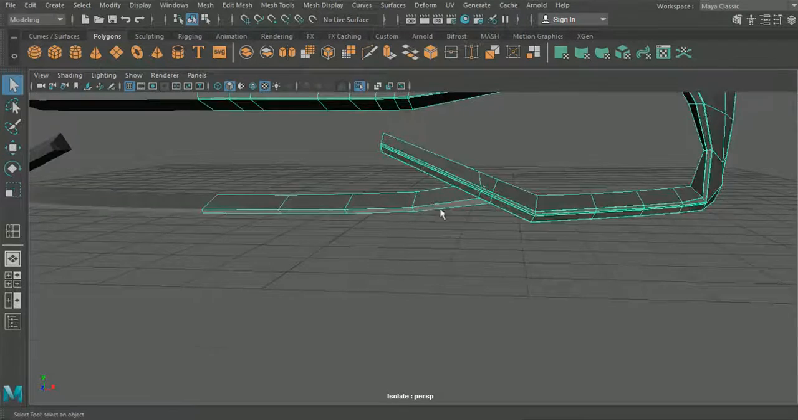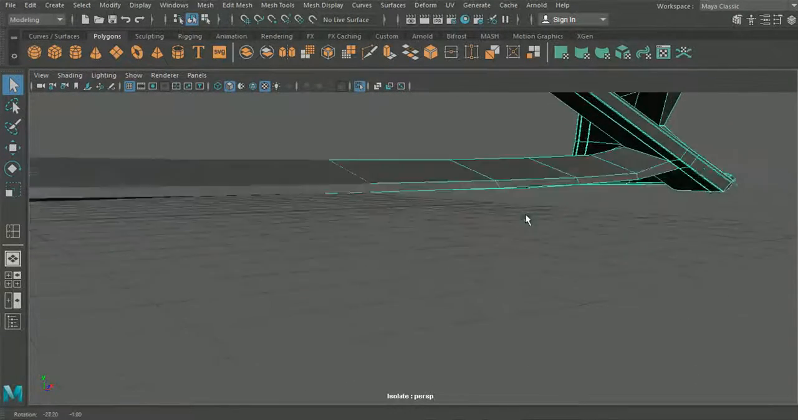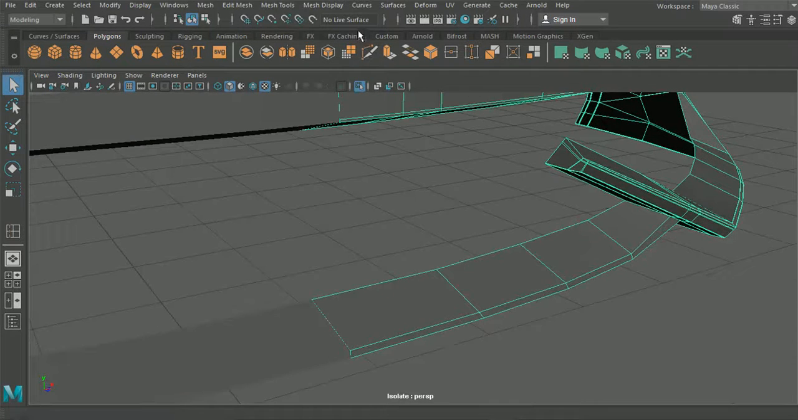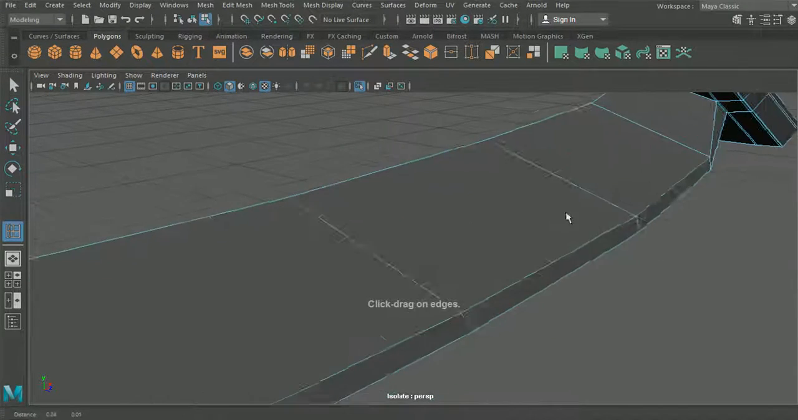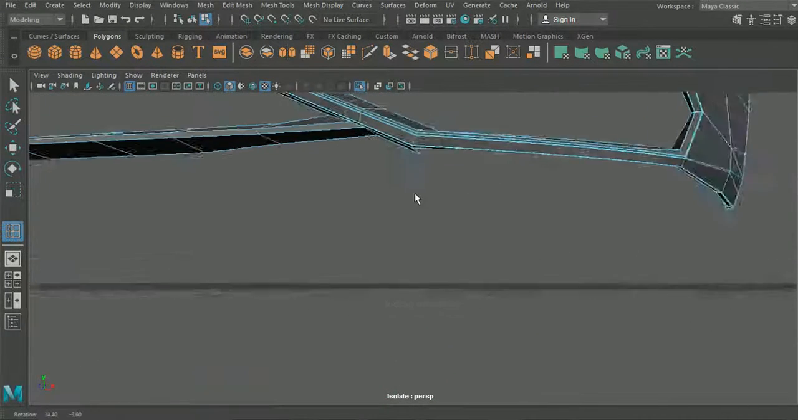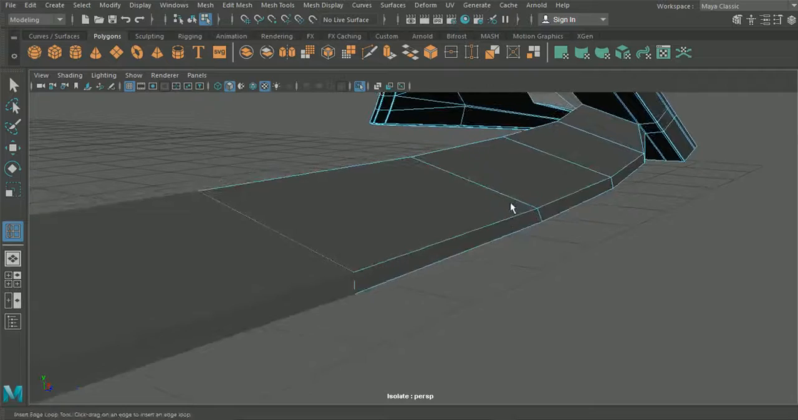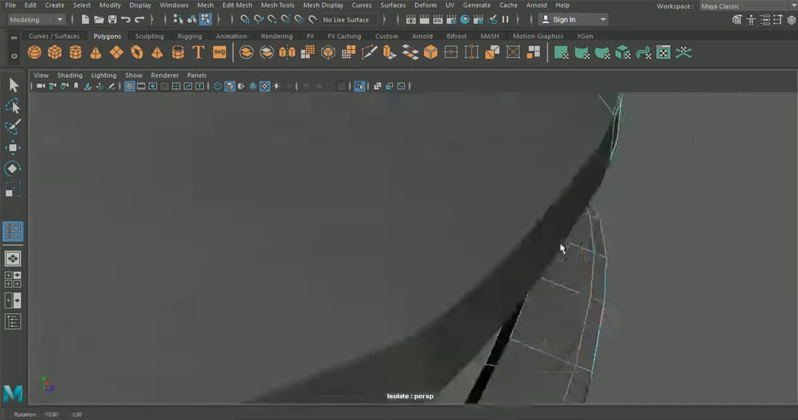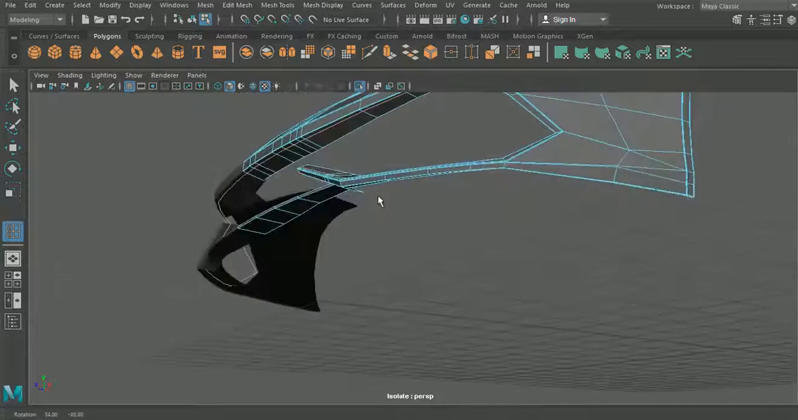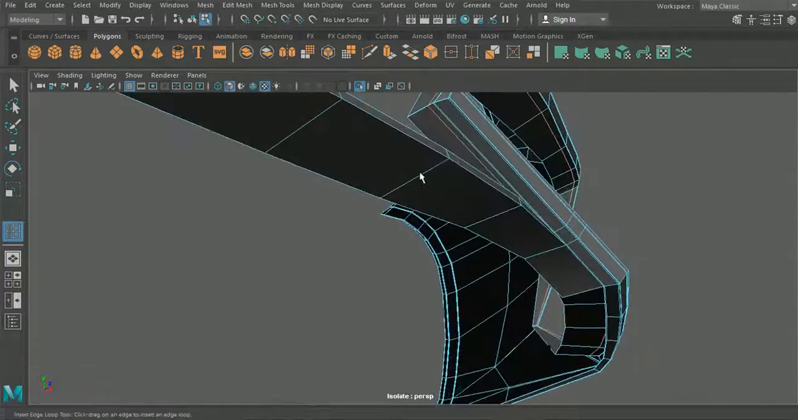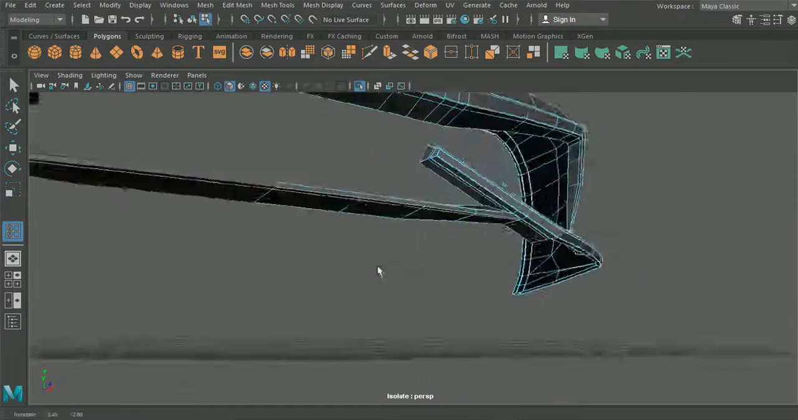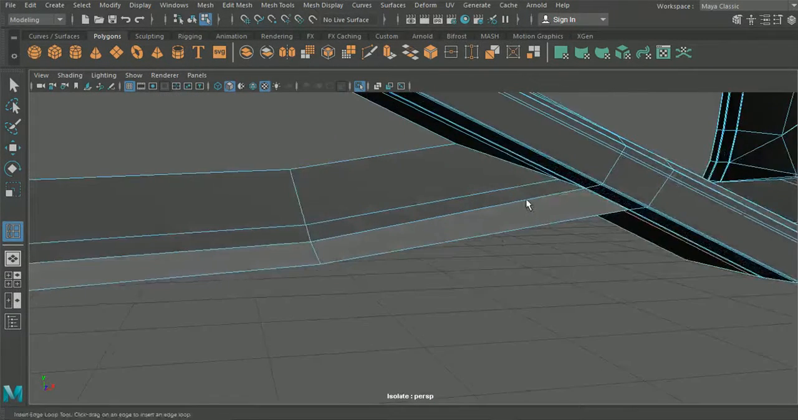Okay, so this section here now we'll have a look at. So we want to do something very similar to what we did with the other section. So we're going to use our insert edge loop tool here. Now this section here is actually fairly smooth. So what we may do is we'll just put one section just there, just running around there, that's fine. And then we'll put one section under here just to help the integrity there. And then we'll want to put one, maybe two lines here, because we know that this section